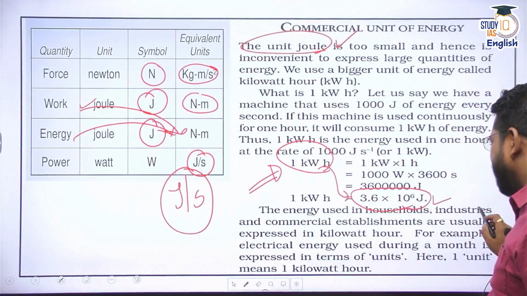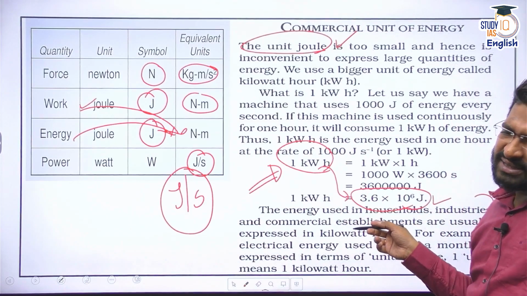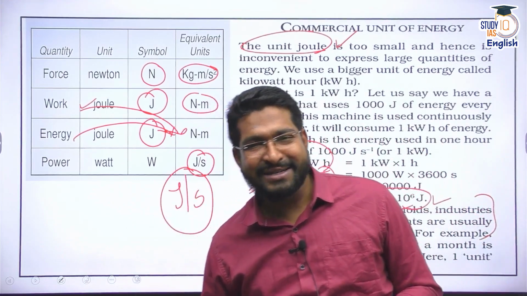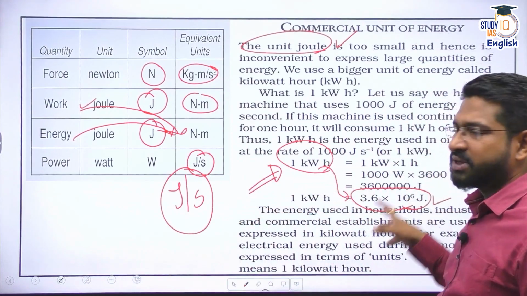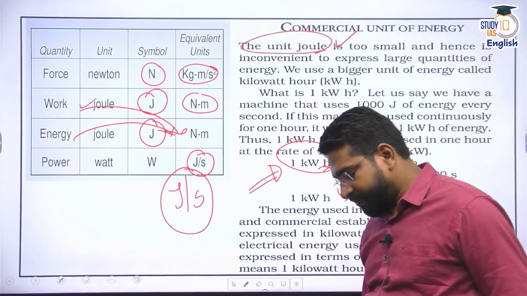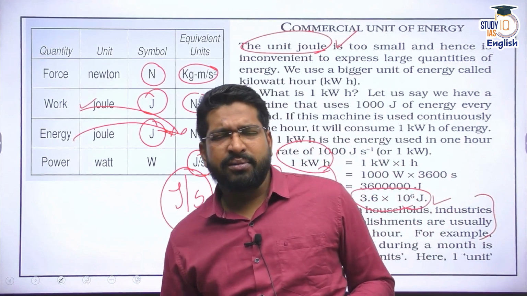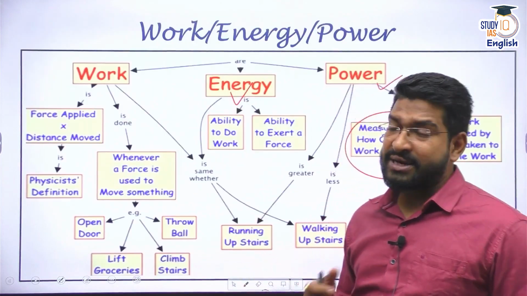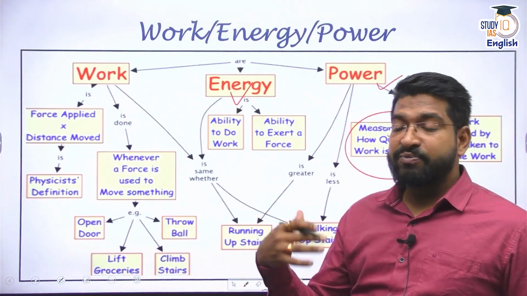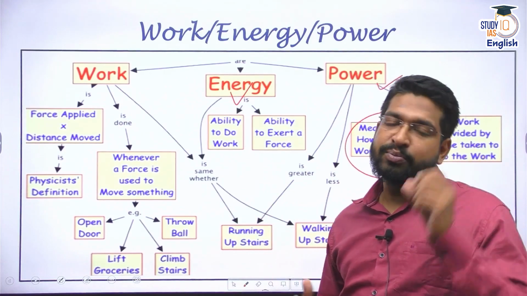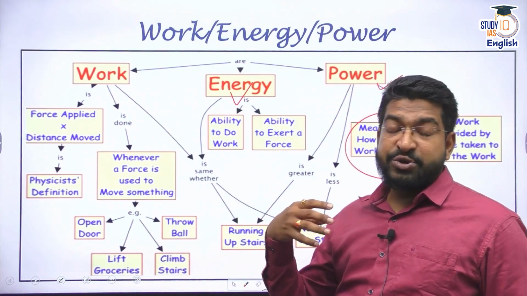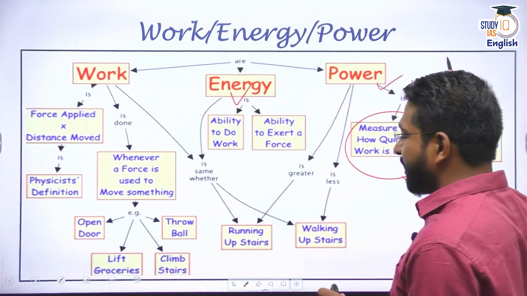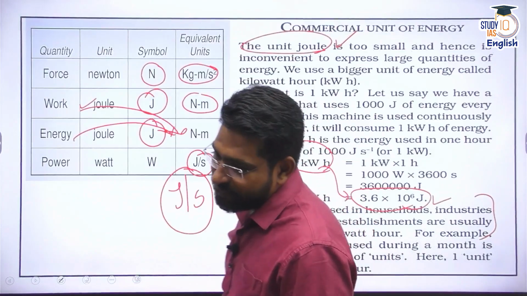So this is generally what you get in your households. 1 kilowatt hour is the unit that we express, and based on that you get your electricity bills, right? Just something that you need to know from an exam perspective. Clear? As I told you, not a very complicated discussion, because these build the basics of your physics, and physics becomes more complicated as we move ahead in 10th and in 11th, 12th. More and more complicated physics based on different theorems, numericals, and proofs. We are not going to focus on those. So work, energy, and power. Clear? Right. That's the end of today's discussion.